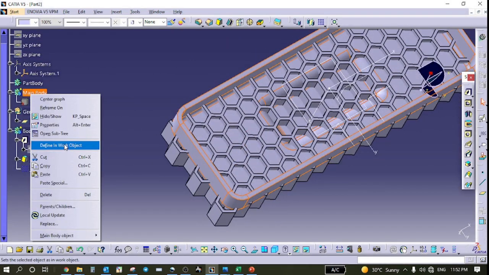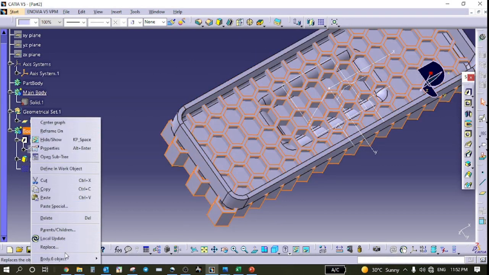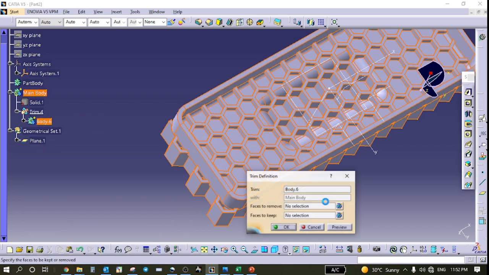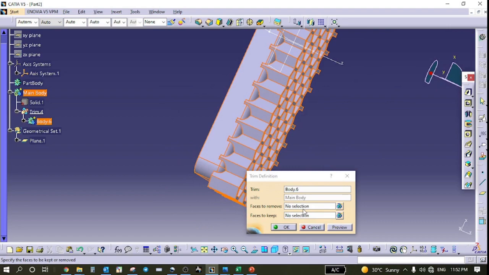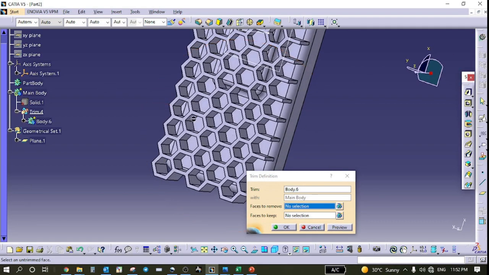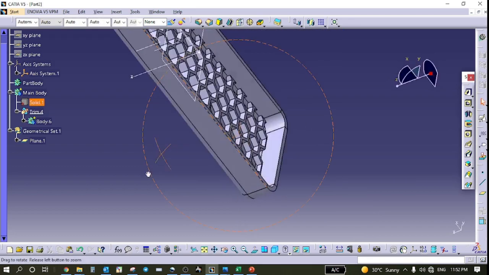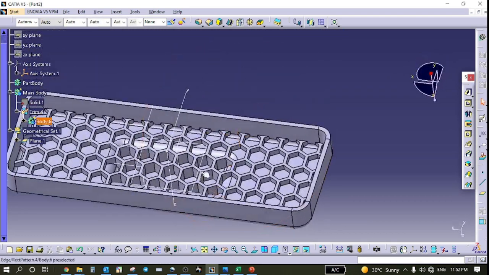Then define the main body. This body, union trim from the main body. Select faces to remove. Okay. See the rib structure.